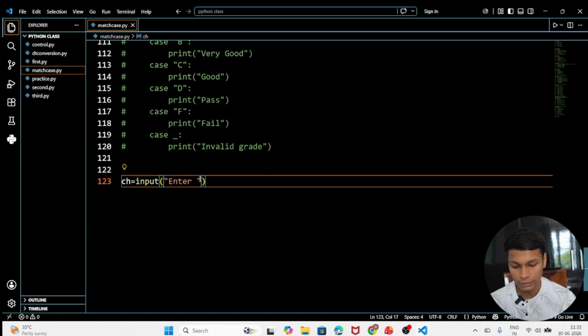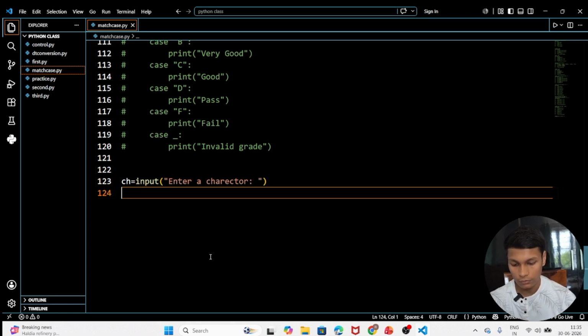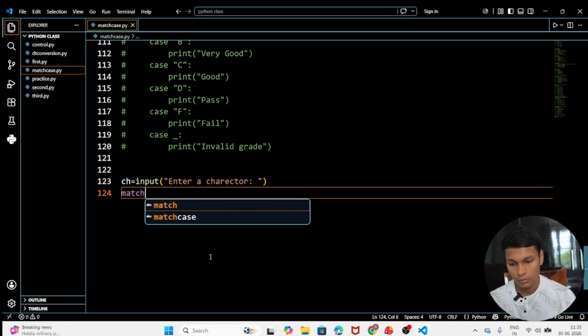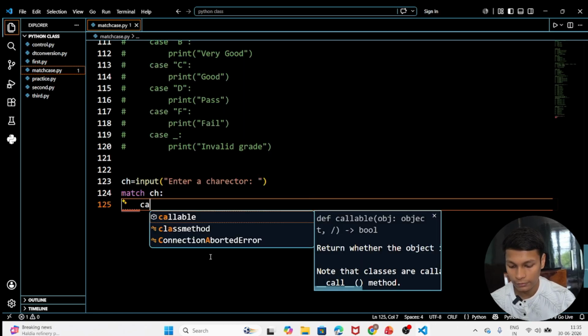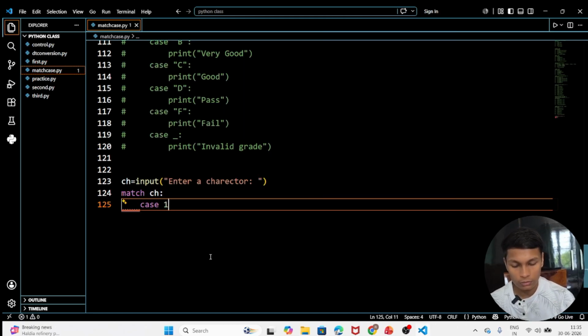Now we are writing here, enter a character. So what are we getting? We are getting input from the user, enter a character. After that we are going to match. What are we going to match? We are going to match ch and then cases. So what was in case 1? Not case 1, we are going with case. After that we are going with a, e, i, o, u, all vowels. Firstly we are going to take